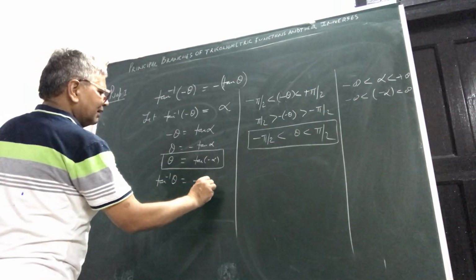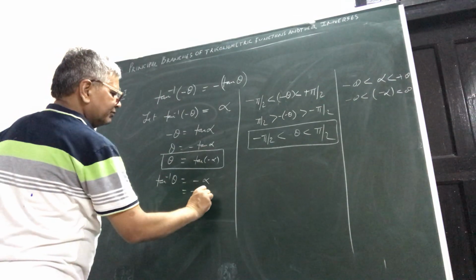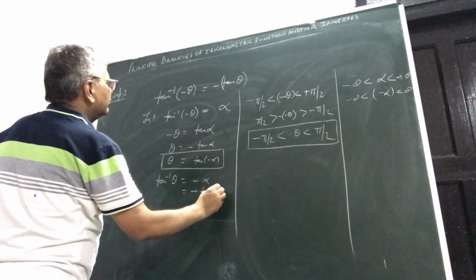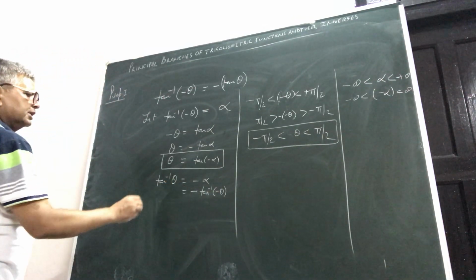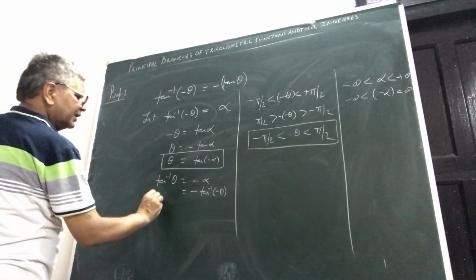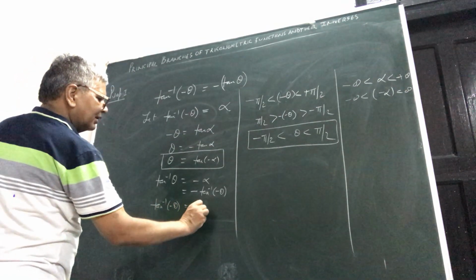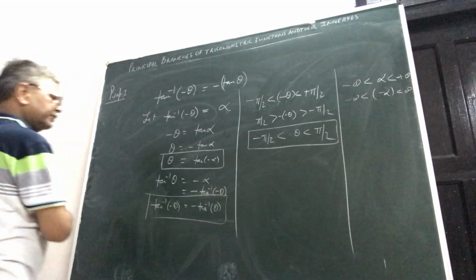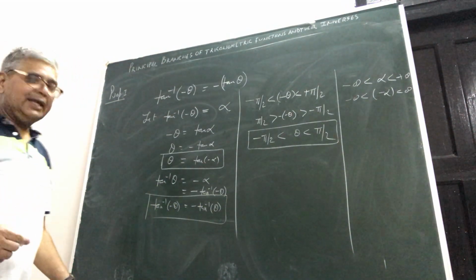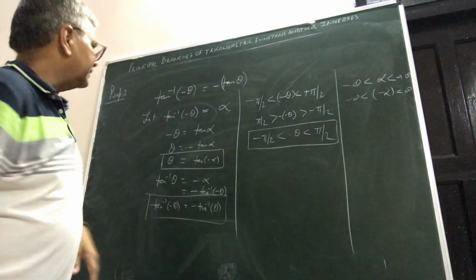Therefore you can write now tan inverse theta is equal to minus alpha. Put the value of alpha, alpha is tan inverse of this thing. Minus theta is equal to tan inverse theta. This minus you bring in, so what you get is tan inverse minus theta, and rearranging it by multiplying with this thing, you get minus tan inverse theta. The result is proved.